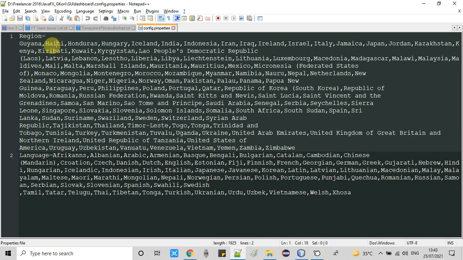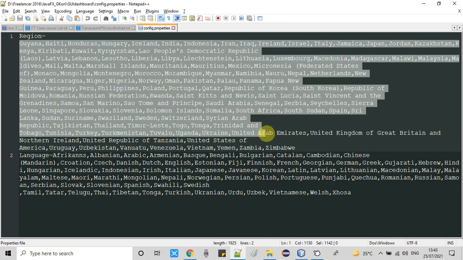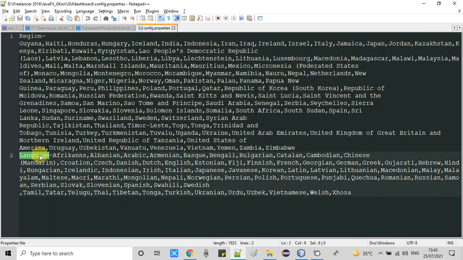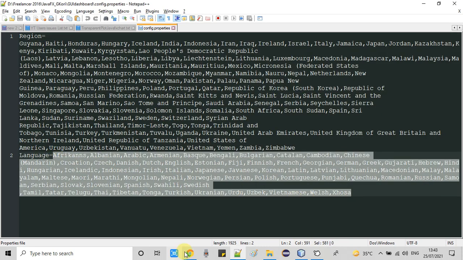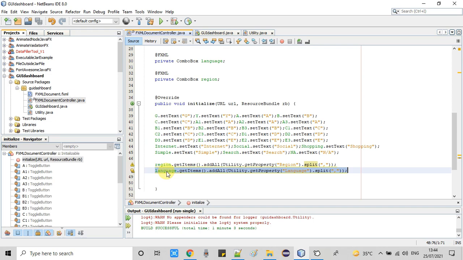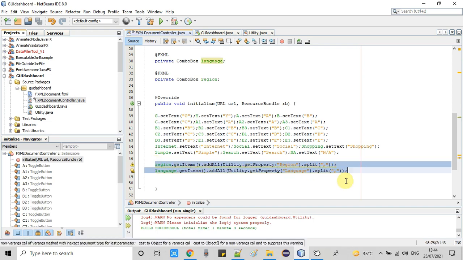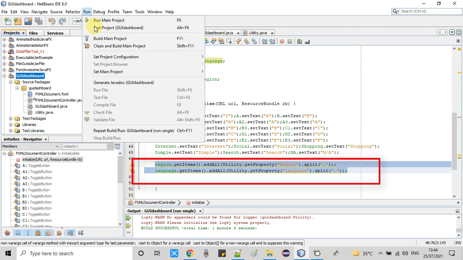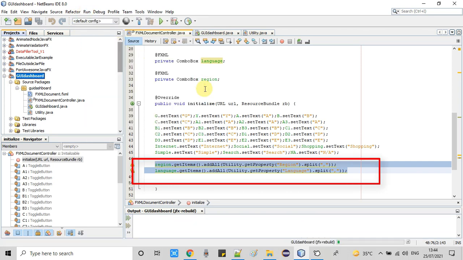If you want the region, you give region as an argument. So you will get the complete details this way. Two things we have done in this Utility.java file, and the next important thing we have done in the controller file: simply setting all the values in the combo box.